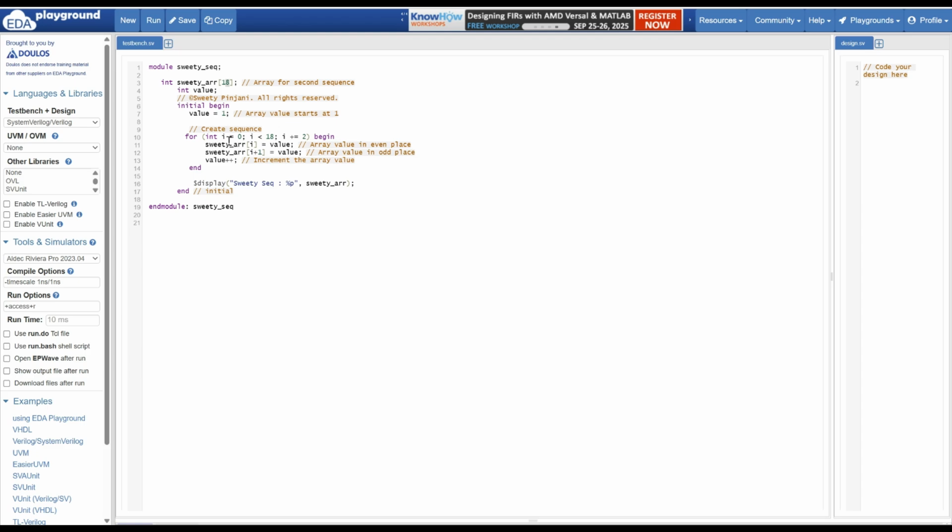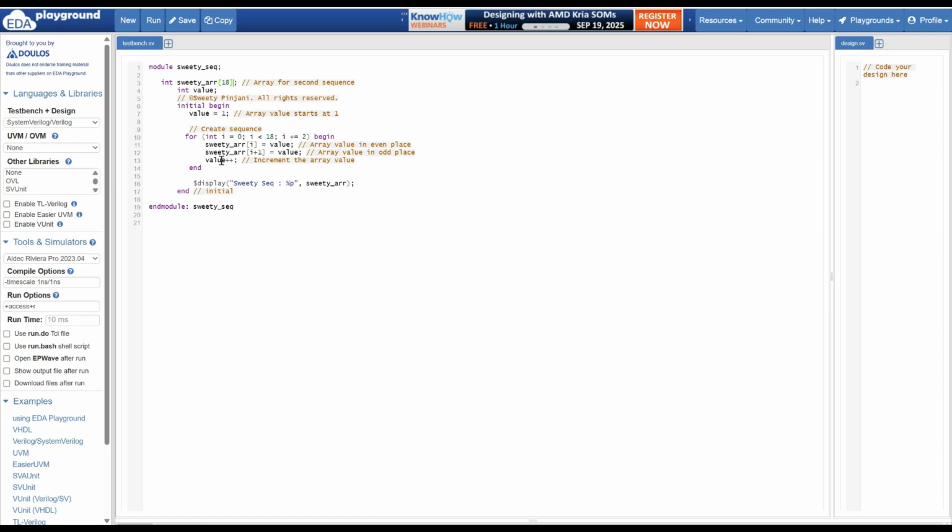So here if you see, I have a loop which is for I equal to 0, I is less than 18 because there are 18 elements, and then I will increment the loop by 2. I plus equal to 2 means I equal to I plus 2, and I am assigning values to even and odd positions. So for position 0 and 1, value 1 will be assigned, then the loop will be incremented by 2, so your 2 will come.